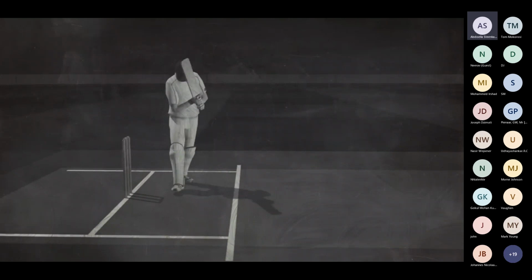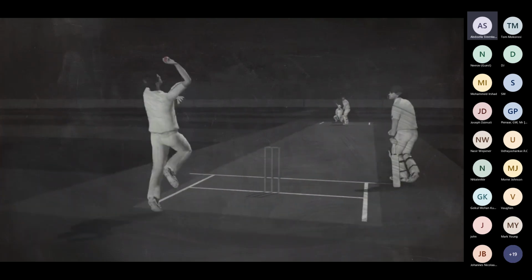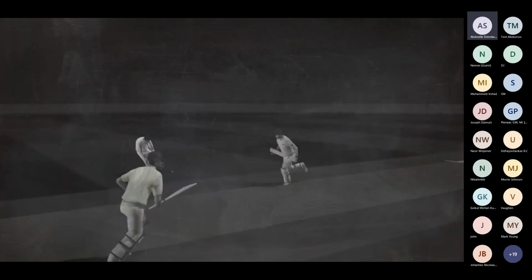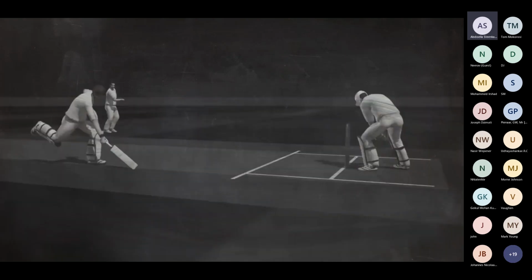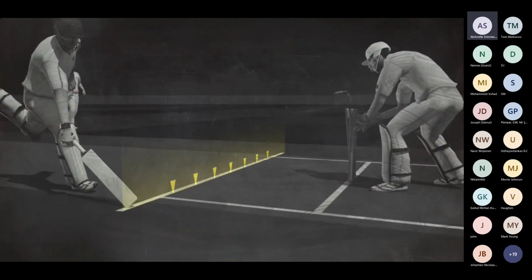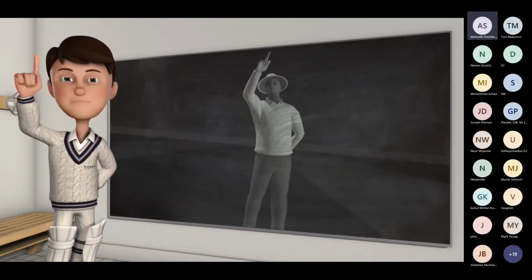According to Law 30, a batsman shall be considered to be out of his or her ground unless the bat he or she is holding or some part of the batsman's person is grounded behind the popping crease at that end. Here, for example, the bat is on the crease marking, but not behind it,